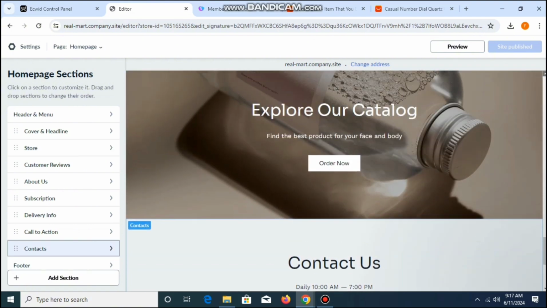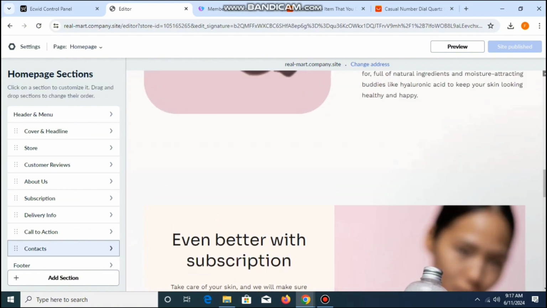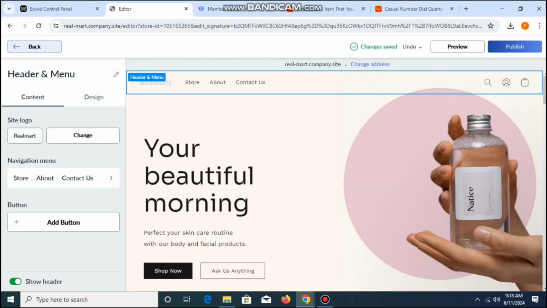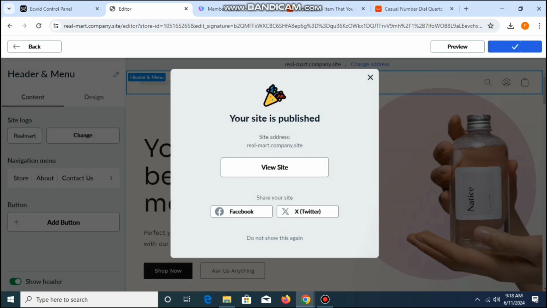After you've done that, the next thing you've got to do is to publish your store. So you can see on this right top corner, I can actually publish my store right now. So I'll click on publish. But like I said, make sure you've edited your website before you actually publish. Okay, so if I should go and view my website now,